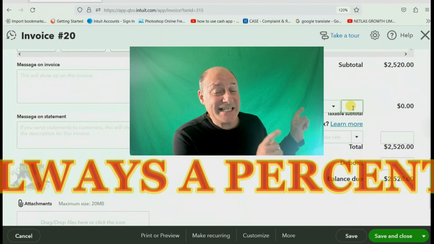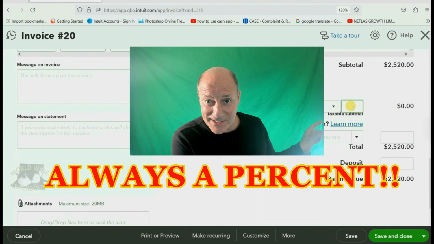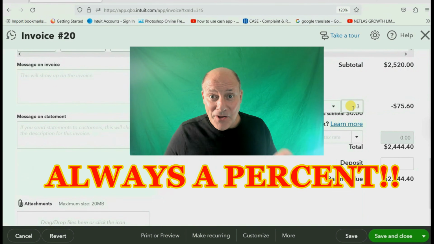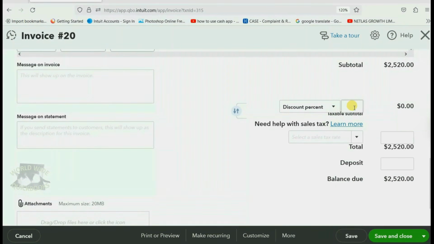This box is expecting the number to be a percent. And if you put a percent, this one actually will calculate the amount for you because QuickBooks Online expects a percent. We type in 3 and push tab, and notice QuickBooks Online automatically calculates the amount of the discount and subtracts that discount from the invoice total. So now, right before we record the payment, the balance of the invoice changes slightly. And when we click Save and Close,